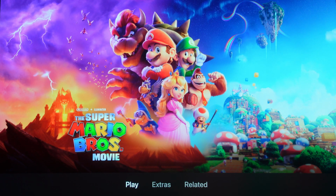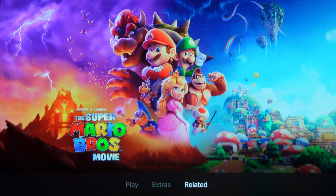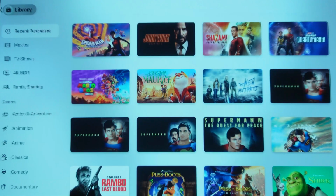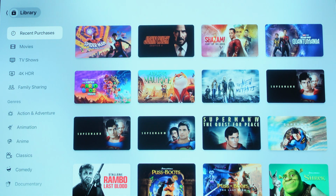So I'll try another movie like Mario. Of course, Mario has special features. It has the stuff, but we get related this time, but we don't get actors and cast and crew and that sort of thing, and different names for features versus extras. Come on, Apple, standardize these things. This is all UI paradigms. This should all be standardized around the platform, especially